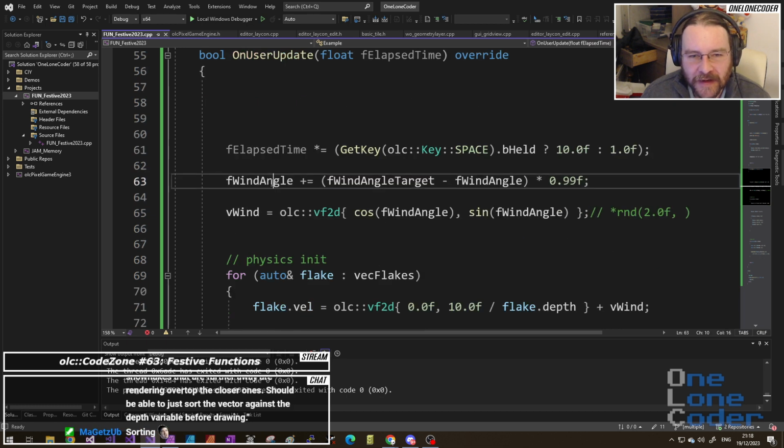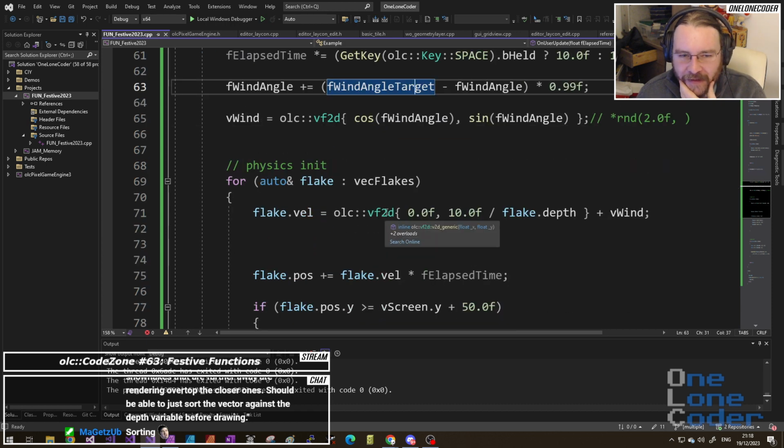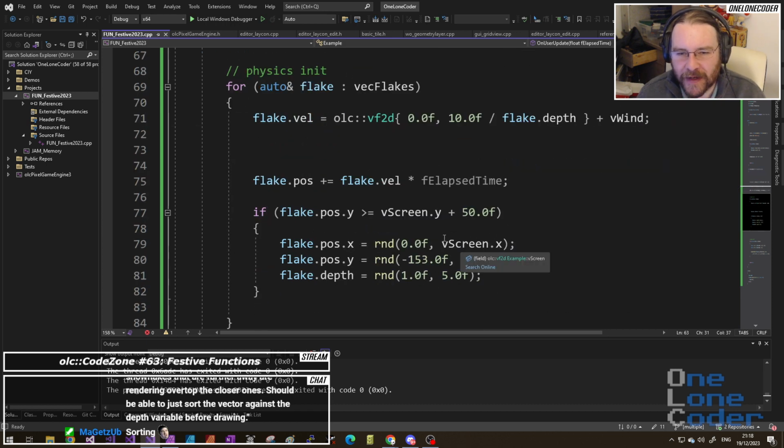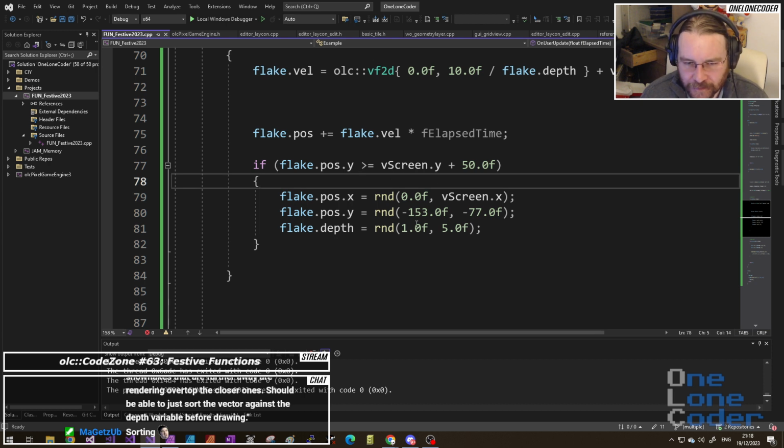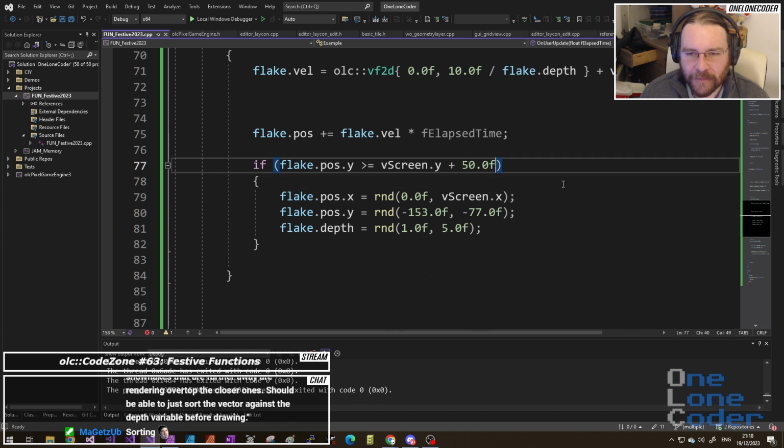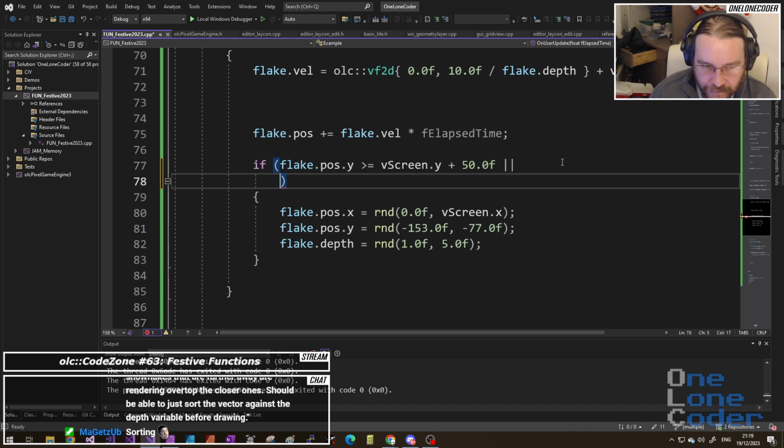So I've got a wind angle that I can change sporadically, and we should see sort of a gradual shift towards that. What I now need to do is generate things with more boundaries. So rather than generating, we need to actually look at all sorts of conditions now for the flake being off the screen. So if the flake is off the bottom of the screen, or